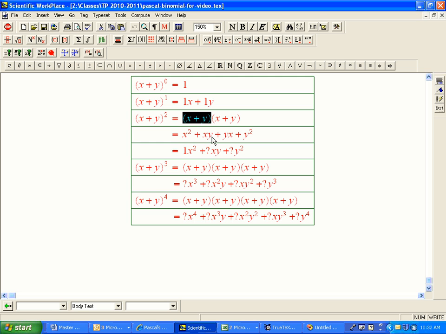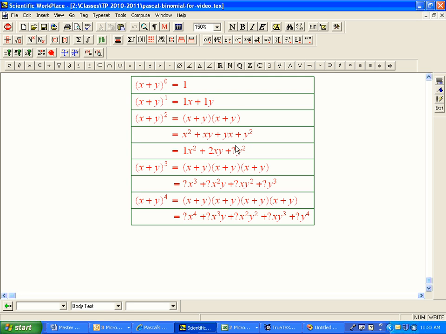That's going to be the xy here. Or I could highlight this factor. That's the one where I pick an x, and in the other one I pick a y. That's going to create this term. There's 2 ways to do that. I could either highlight this one or highlight this one. And so that's going to be a 2. For the y's, there's only one way to get y squared, which is I have to not highlight either of them.